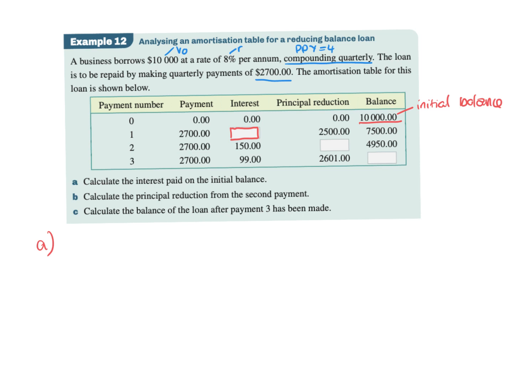So we want an interest amount, and the way we find that, remember, is the rate per annum over PPY over 1 times the balance before. When we're doing the original one, the balance is the original amount. So it's 8 over 4 this time over 100 times the balance, which was 10,000 in the beginning, and I end up with